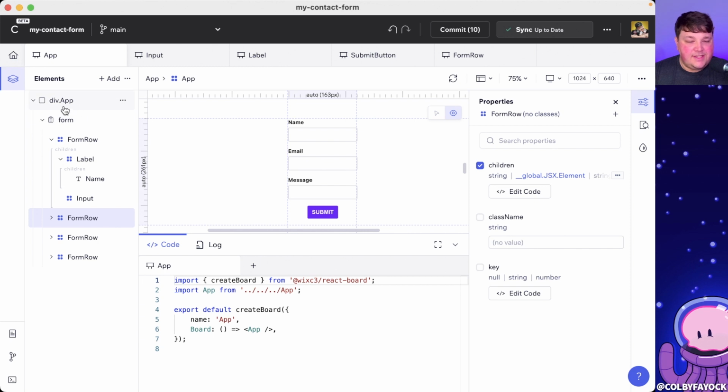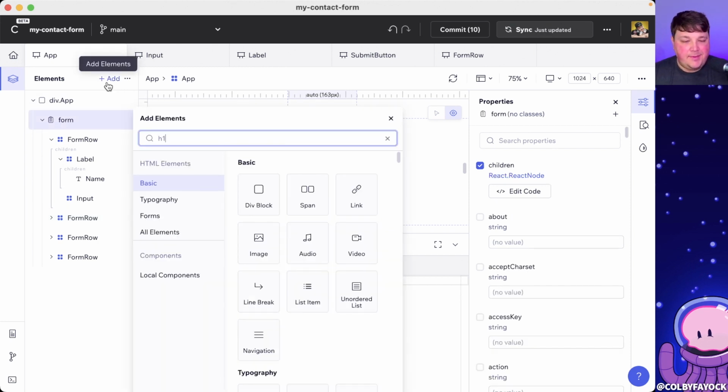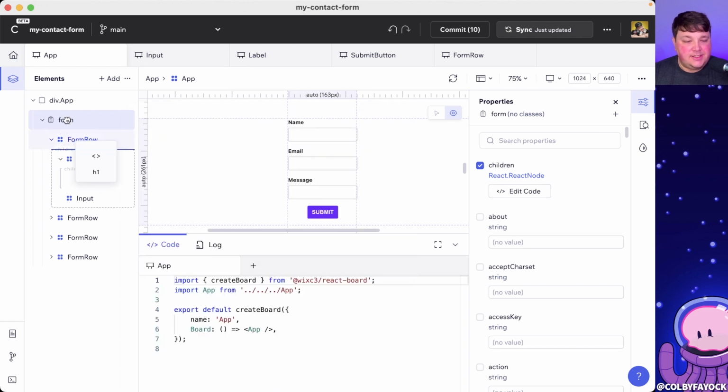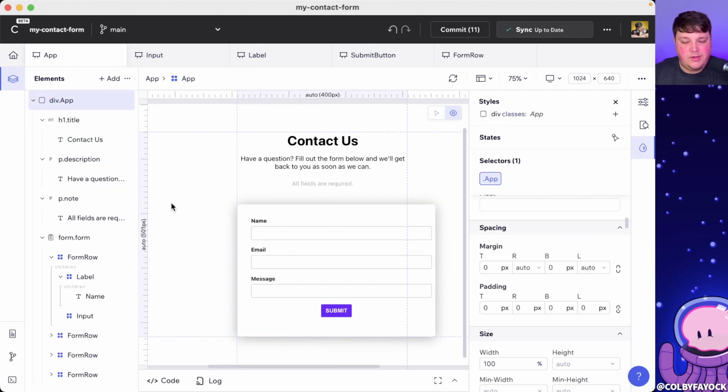Now from here, I'm going to just add some more styles to my form. I'm even going to add some text, such as an H1 where I can add a title to my form. But once we get to a point where we're happy with it, I'm noticing one other thing, and the spacing's a little bit wonky, but that's because by default, it doesn't use border box, which personally I prefer to use. So for this, we'll need to break into our code editor,